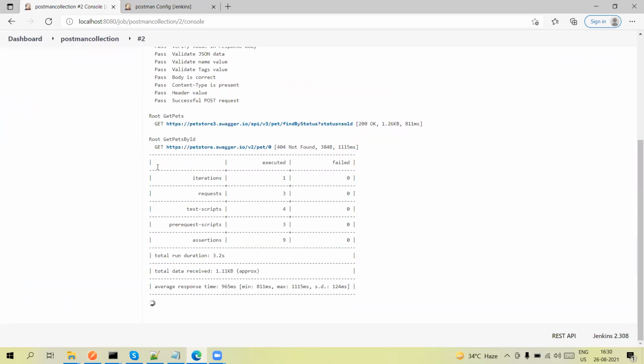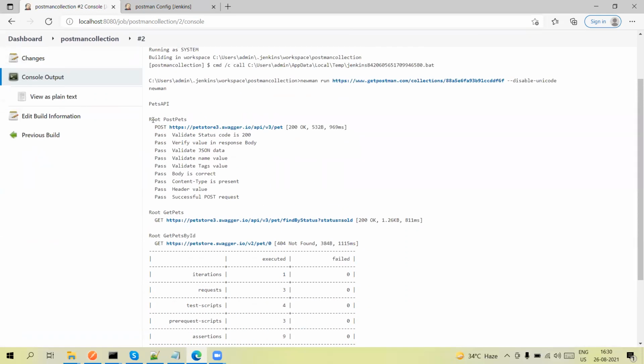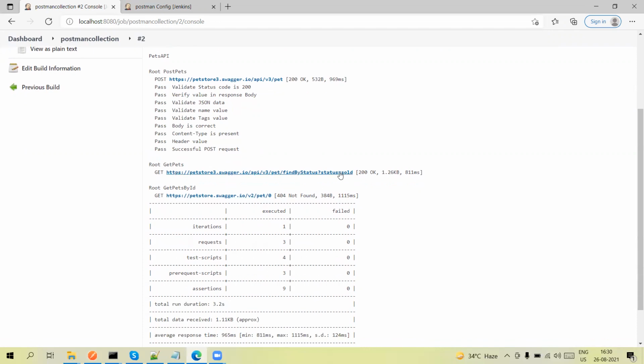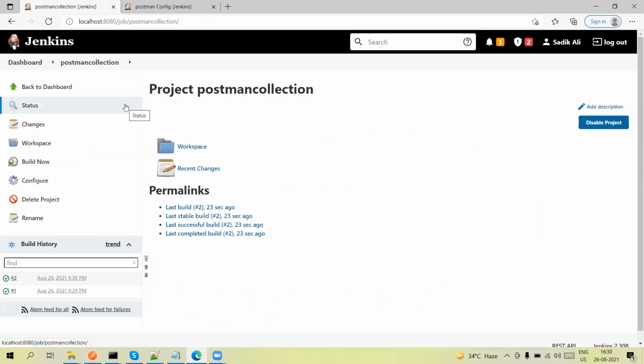You can see now the data is printed in tabular format. And we are also getting the request URL, response, and all the assertions. Now we are able to execute the test Postman collection file.